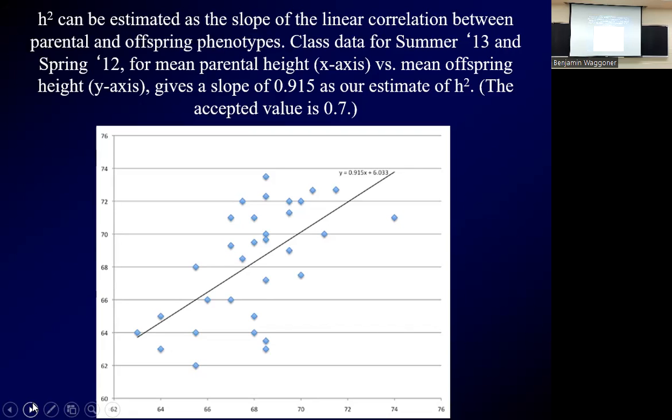Yes? Can we also get data from our grandparents if we wanted, since I'm an only child, I feel like? Well, if you're the only child, then your height is the mean. Yeah, your height is the mean offspring height. But it's fine. My grandma was really tiny. Okay. Well, I don't know your family. I mean, that's actually true in mine. My dad's mother was about 5'2", and my dad's over 6 feet, and so am I. So sometimes that happens, but you're getting,